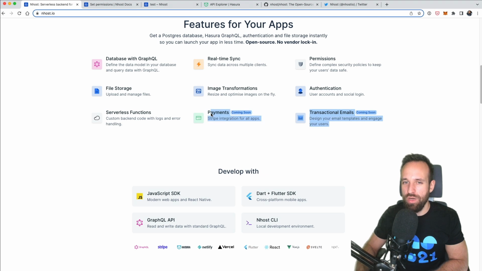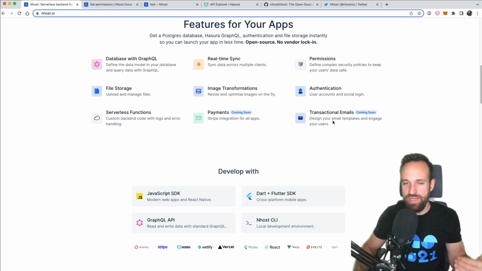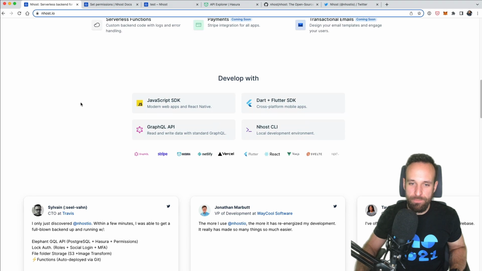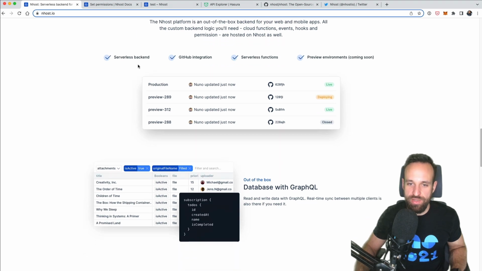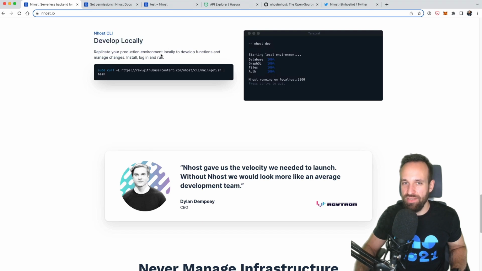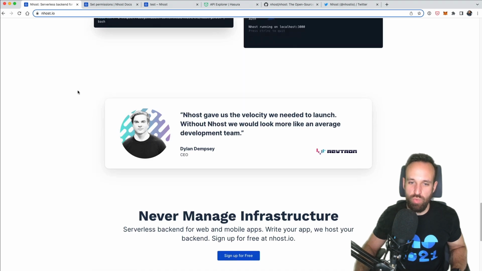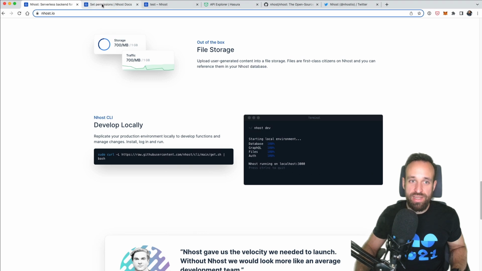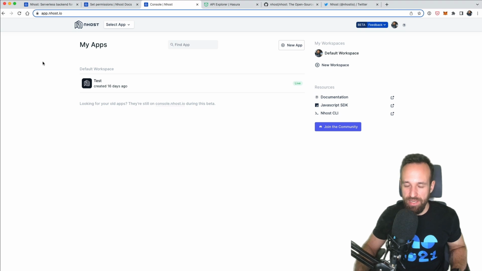So this could really be one of the big differences, because Appwrite looks great, but it doesn't cover very specific cases. It has a bit about geolocation and localization, but nothing really like this. Of course, it is about not managing your infrastructure here with Nhost, and about GraphQL, user management, file storage. With the CLI, you can also develop locally. I haven't tested this, but I'm pretty sure it also works quite easily, as this is one of the main features as well.